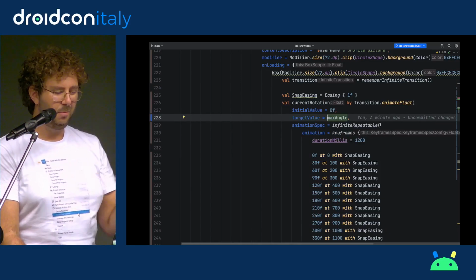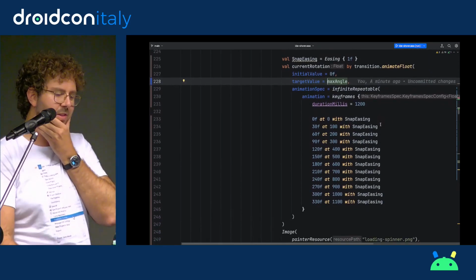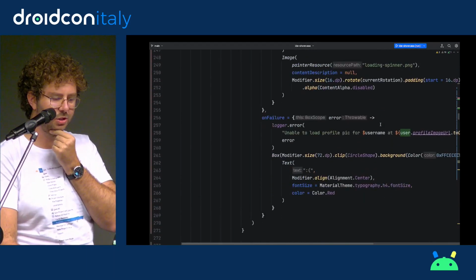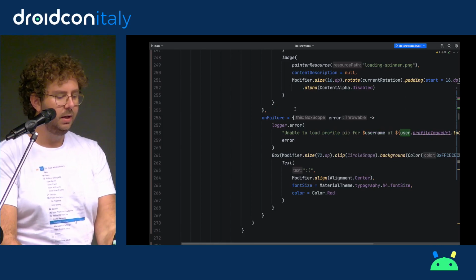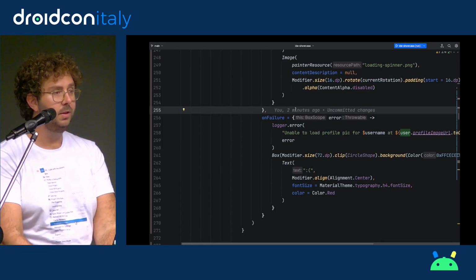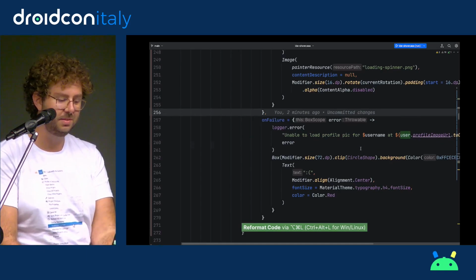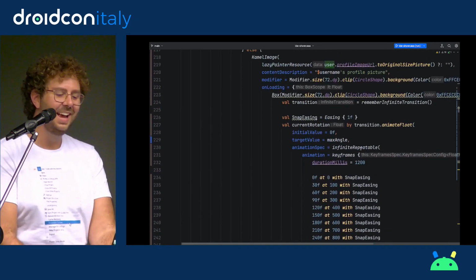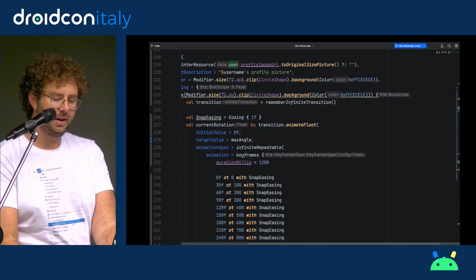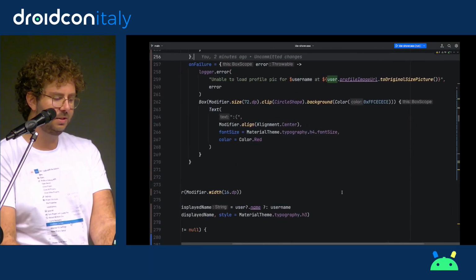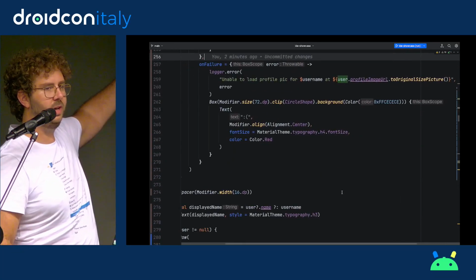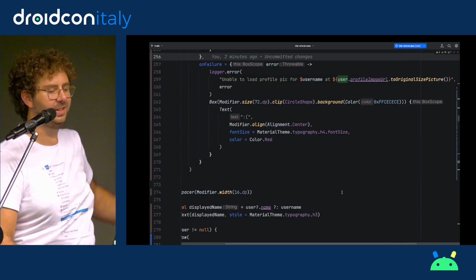I have about 10 minutes, so let me think if there's one last thing that I want to show. Well, one of the obvious things would be reformat the file. I haven't done it yet. Format one line. That was disappointing. I was hoping for something more. It's fine. The lines are very long, but I think I have put a very lax code style, because otherwise this would be a wall of yellow warnings.